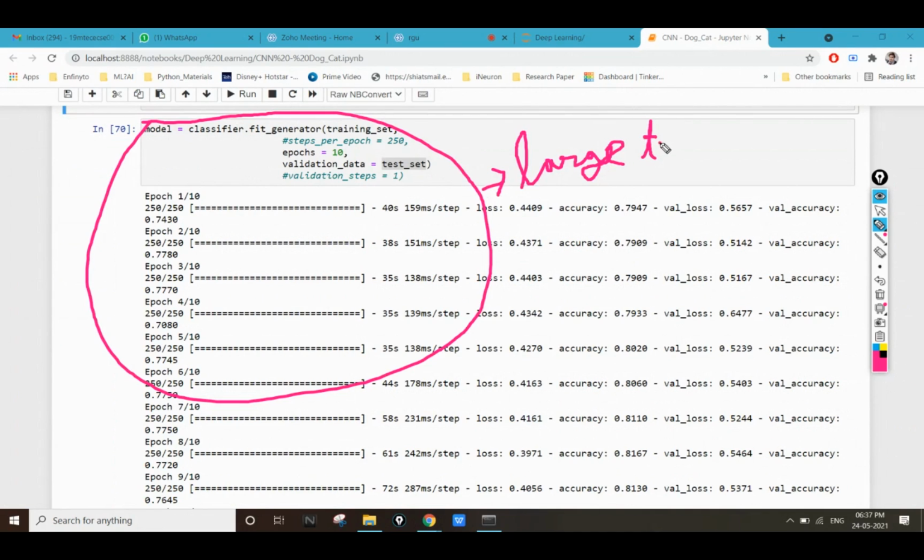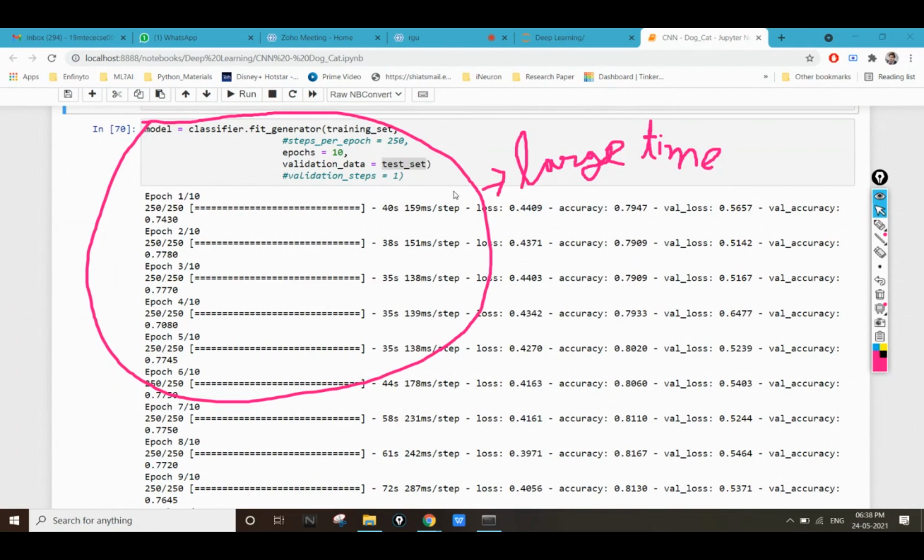But you can see that our data set is quite small. We are using only 10,000 images. So in the industry, when we work with 1 lakh or 2 lakh images, you can think of how much time it's going to take. Some models take even 4 to 8 hours to run, and we run them for almost 100 to 200 epochs. Here I'm running for only 10 epochs, so as to save our time.